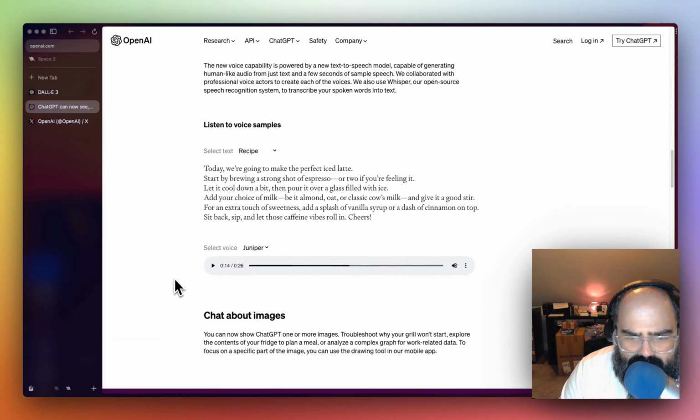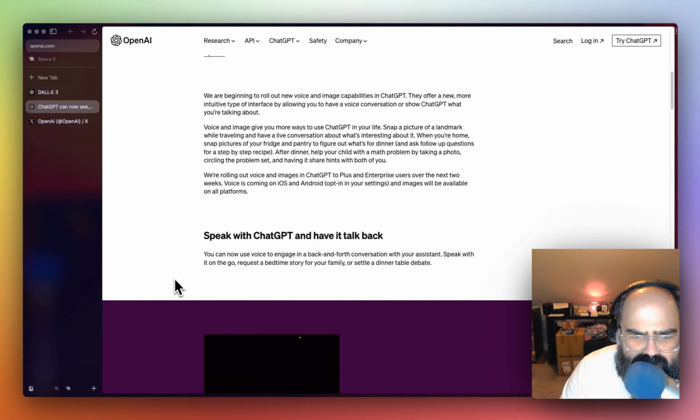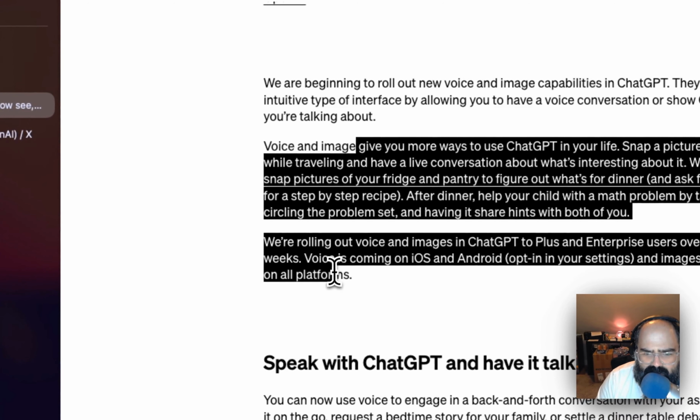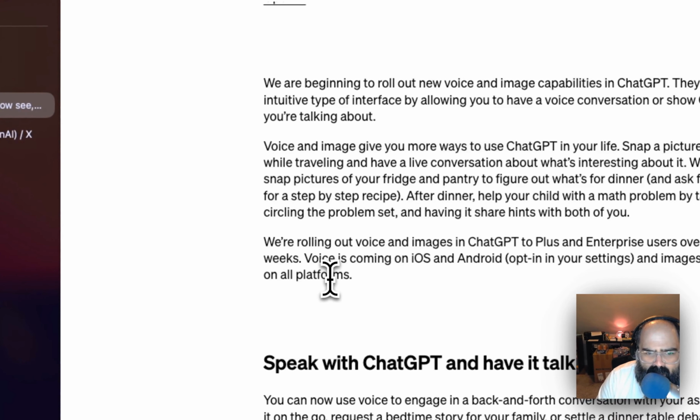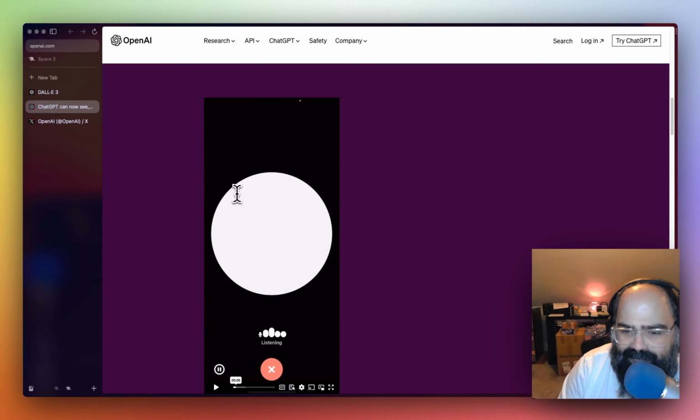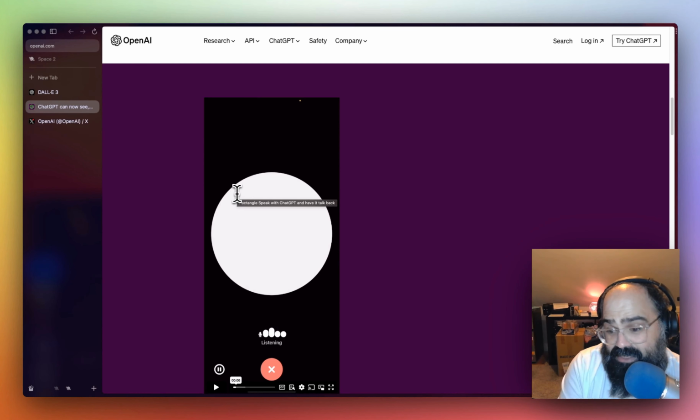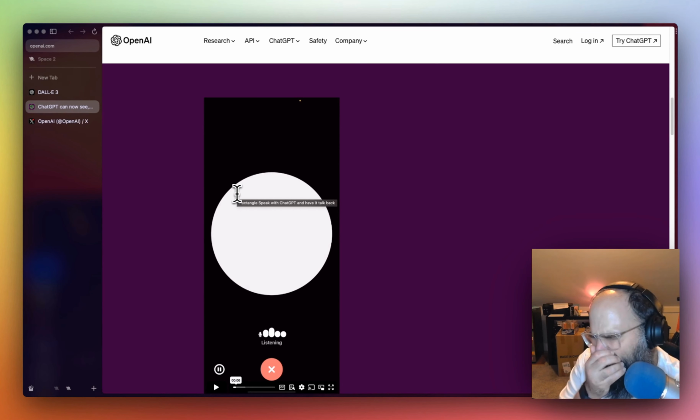It doesn't say there's a new API that's going into creating these voices or how they do. But obviously, having a voice, having ChatGPT talk back to you like a Google product or an Amazon product, starts to bring out some of those things. It'll be interesting to see how people incorporate this and how this becomes